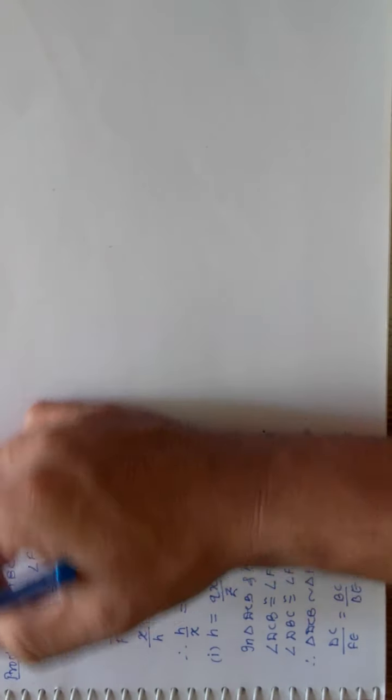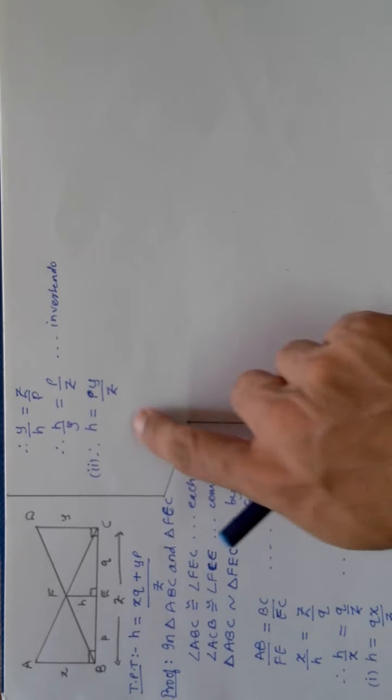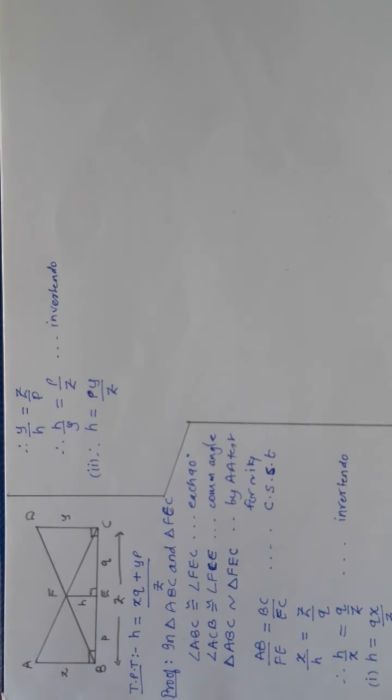I'm running out of memory, so I have already written everything. So you'll get the two triangles similar in the same way, and you'll get the corresponding sides in proportion by dropping the same sides which I told you, that is DB not to take, so the remaining sides you will get. So we get Y is to H is equal to Z is to P, and accordingly in the same way I got H is equal to PY is to Z.